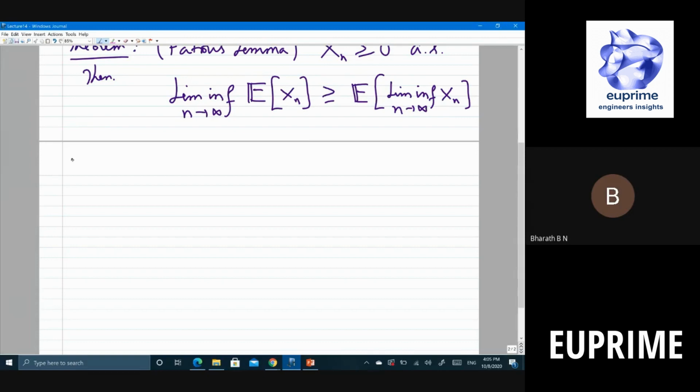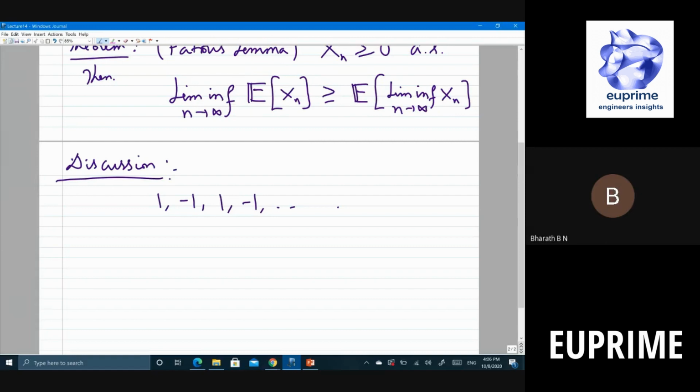Let's look at what lim inf is. I'll write it as a discussion. Let's look at this sequence: 1, minus 1, 1, minus 1, and so on. This is a sequence of numbers. Will it converge? You now know a rigorous epsilon-delta definition of a limit. Essentially, a_n converges to a if, for any epsilon room around a, there exists a stage beyond which the sequence enters that room and stays there forever.